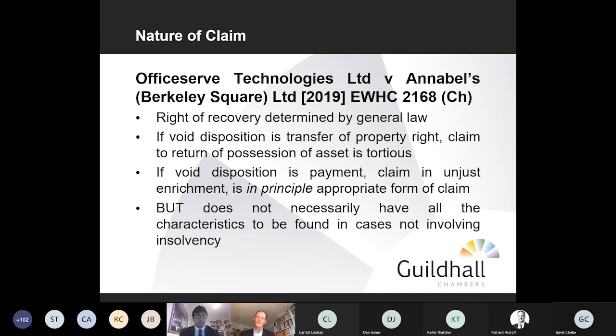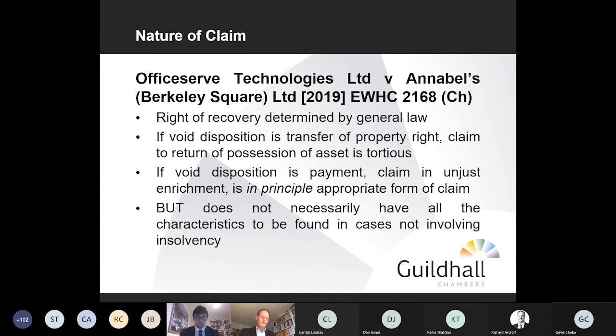Although Annabel's is cited, there were, at the time we issued the application, 43 respondents to the application. And what I was just going to talk through is some of the practical ways that we addressed that. So in the ordinary course, we had collected in, prior to issuing that application, all of the larger debts. So monies due from the landlord, monies that had been paid to the landlord post-petition, and we were left with a range of debts anywhere between £1,000 and about £10,000. So in the ordinary course, it wouldn't have been economic to pursue those on an individual basis.